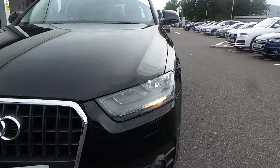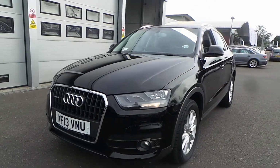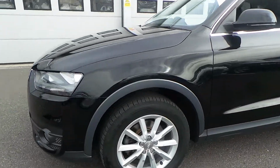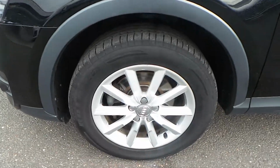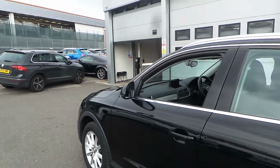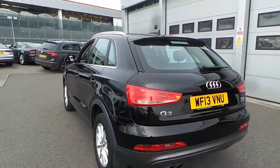The car has the daytime running lights with the lower front fog lights, headlight washer jets, and as we move around to the side of the vehicle, have the 17-inch 10-spoke design alloy wheels, chrome surrounds on the exterior windows with the chrome roof rails, with the rear parking sensors and also the twin